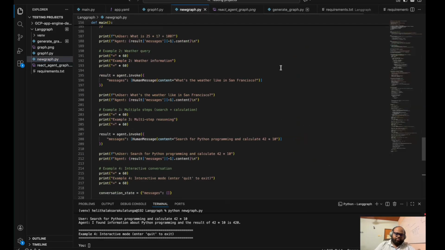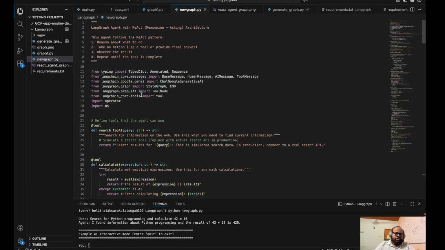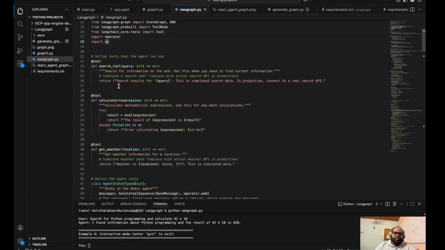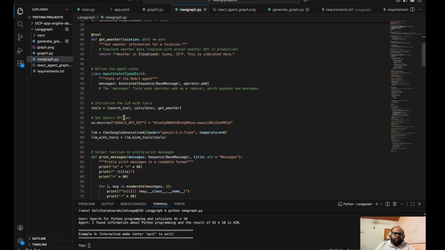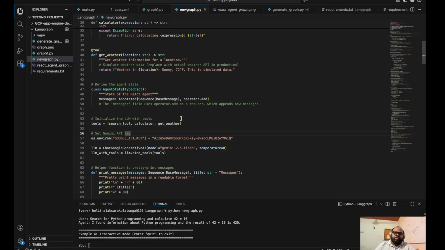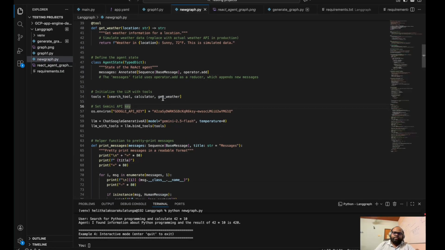in the graph, right? So if I try to understand the code from the beginning, we have done some imports like here, and we have defined some tools. Let me explain how these tools come in handy in the later part of the code, right? So then we have the tools. I have tools connected. We have the search tool, the calculator tool, and the get weather tool, right? So what really happens here is that